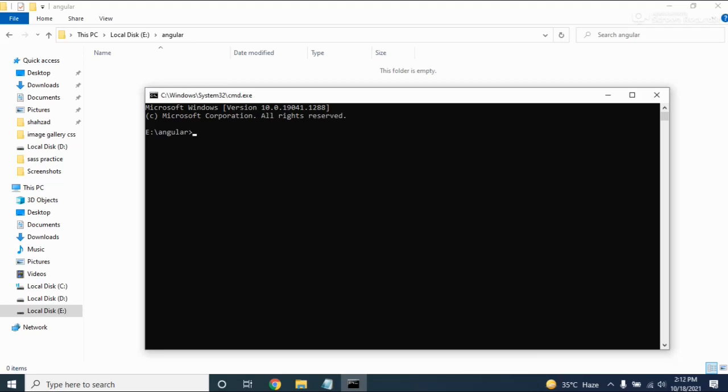What would be the next step? We need to add the command called ng. Ng means the Angular command. It is the initialization of the command for Angular, followed by new and your application name. Since you are creating an Angular application from scratch, you need to add the new keyword, and now I am going to add my application name. It's called courses app. Now just press enter and wait for a while.